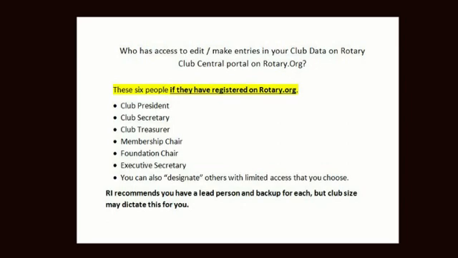And I can give you an idea of that. This is something this club has never done before, but they've designated somebody to be in charge of the presidential citation, or what's now known as the Rotary Citation goals. So they've designated a person for that for the year, and they've also designated somebody to enter the service projects. So that person has access for 6 months. You may want to give them access on a different level. So you can designate people that can help you do this job. It doesn't have to be all on you.